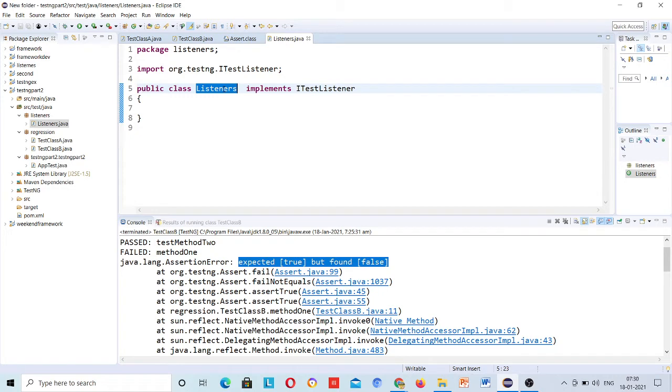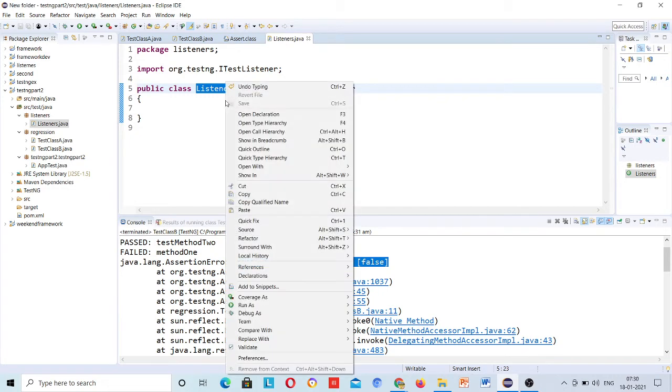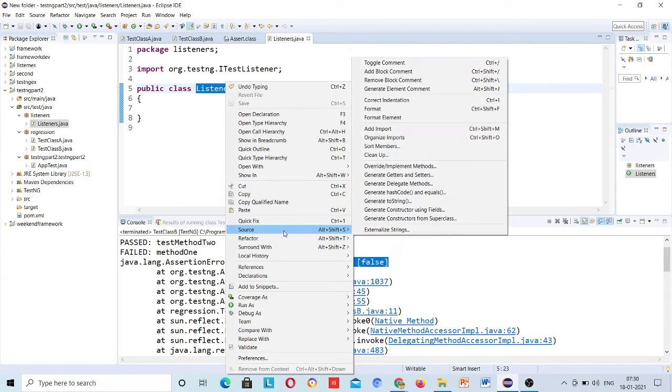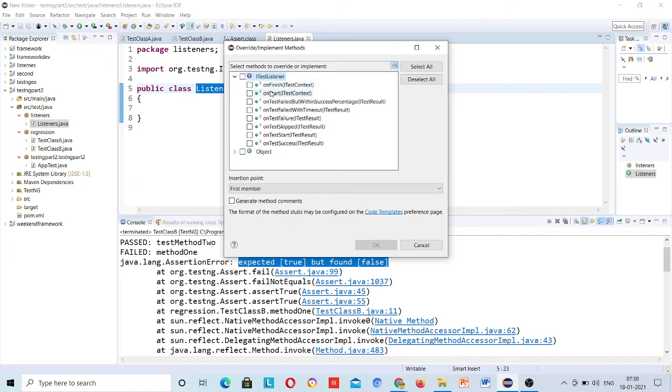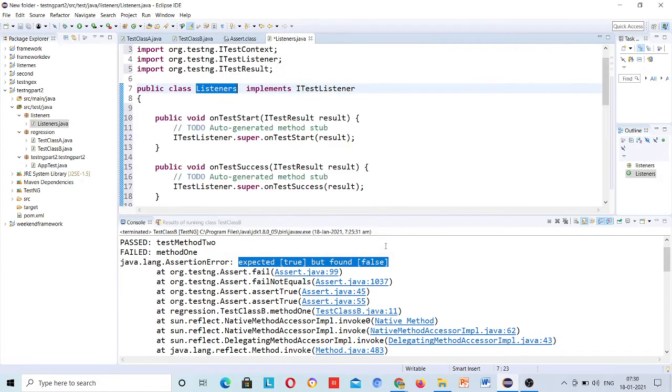If not, you are using a different version, so right click, Source, Generate, Override/Implement Methods. Click on this. Now see onFinish, onStart; you just want to use the one for failed tests, right? So onTestFailure. We will remove from there the ones we will not use.